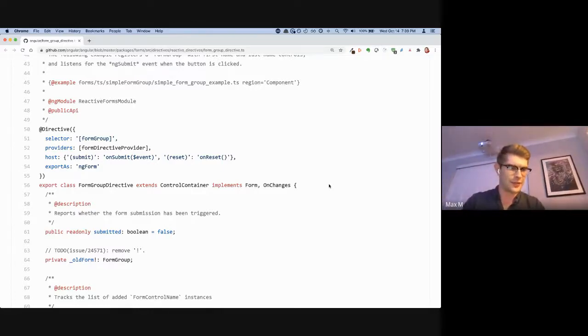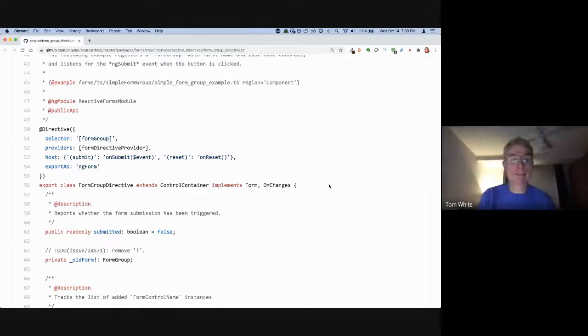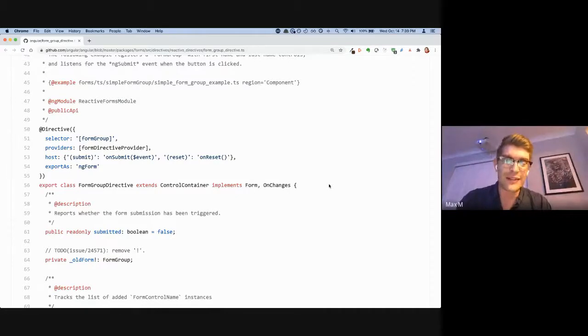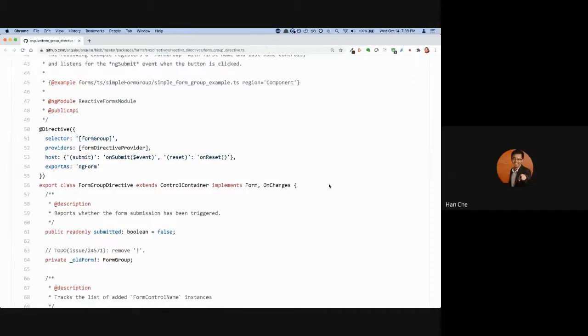I think that's right. Is that right? It's spot on. It's excellent research, Max. You did it in such a short time. Well done. So basically, whenever I see this pattern in the Angular source code, I know that I can get